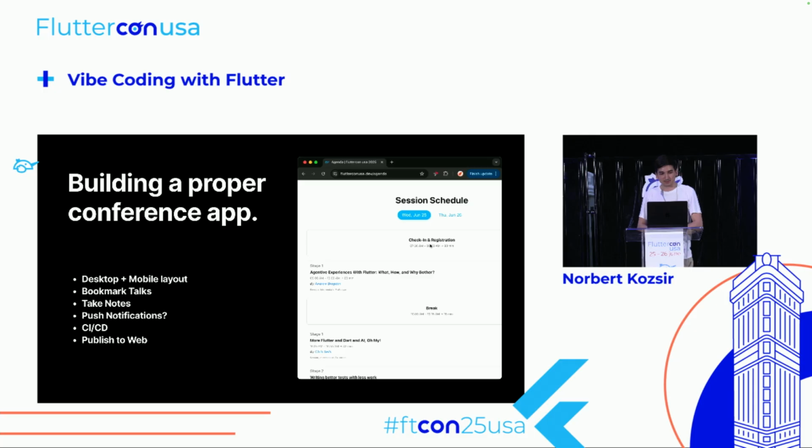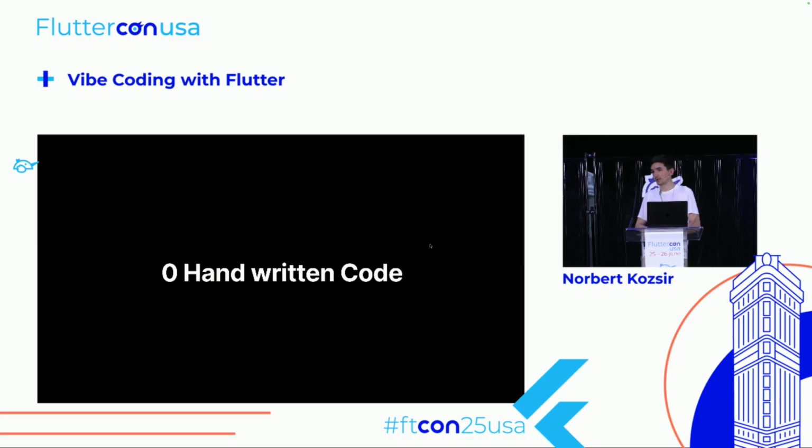And last but not least, we will also want to publish to the web, so everybody will have a conference app that you can use, which is a pretty nice coincidence, as this is one of the earlier talks. So if we succeed with everything, we'll have a conference app everybody can use. And for anybody following along, you can build your own conference app with your own spin. Like, you can add some games, have some cool things in there. By the way, we're aiming to not write any single line of code ourselves.